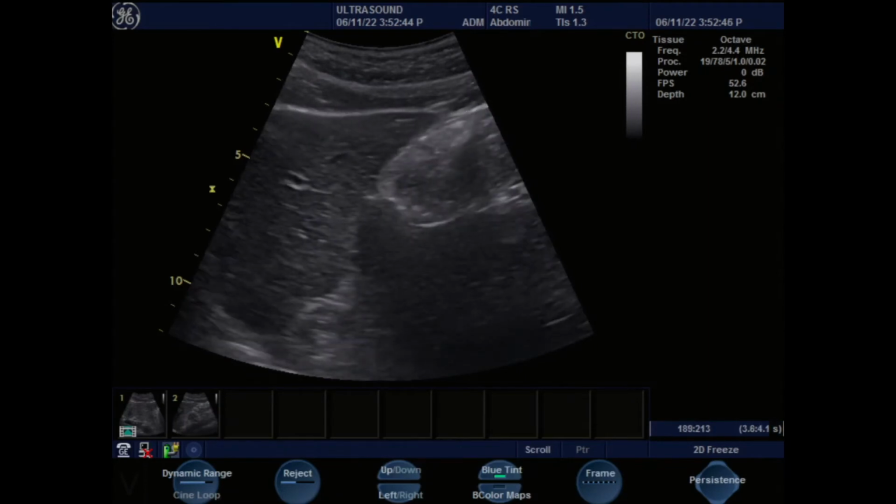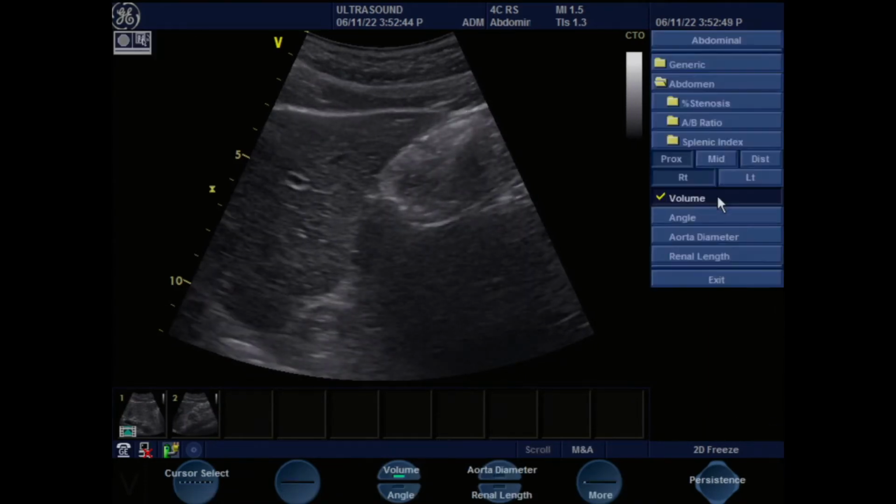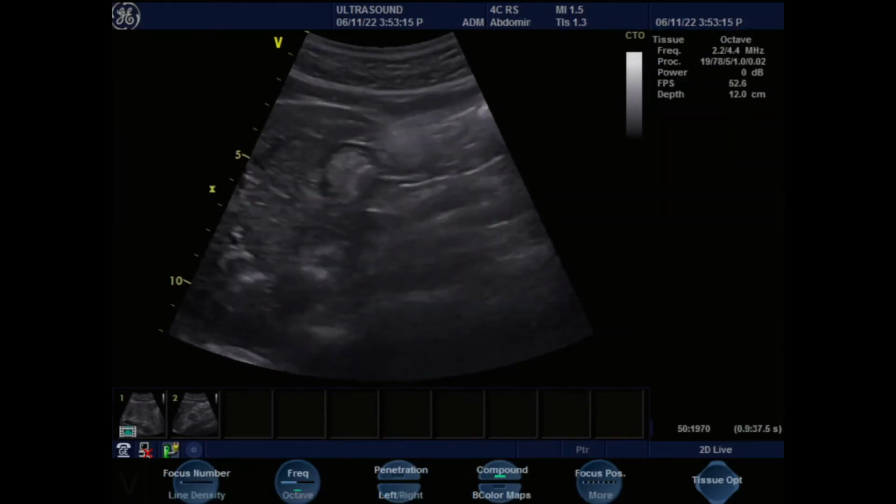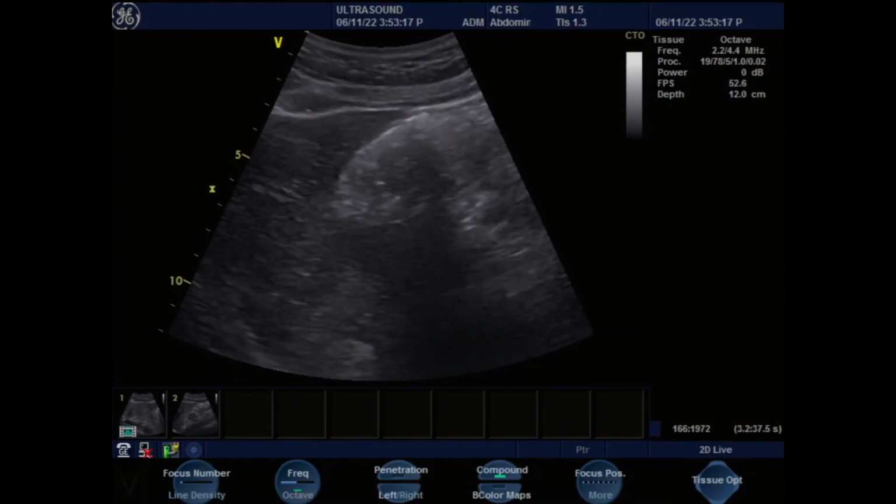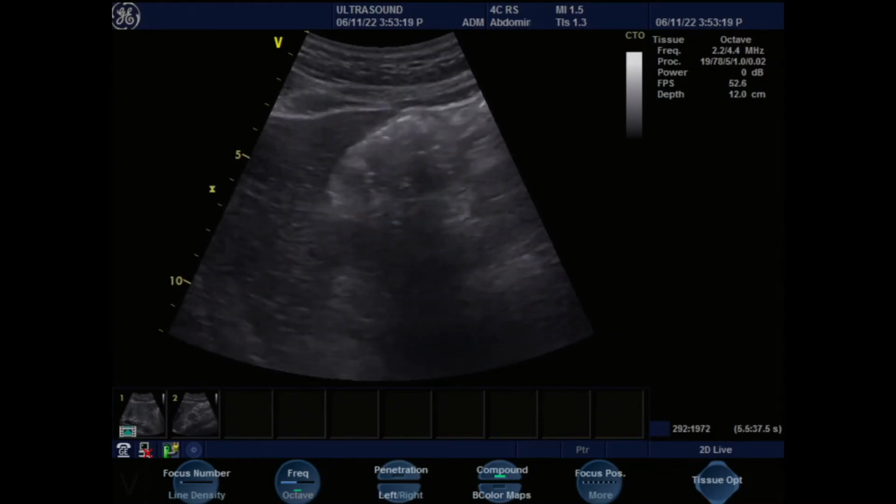This is a difficult image for people to visualize. This is the tail, because of the texture and the gas there too. And you have to realize that the pancreas is at an angle, the tail is higher than the head. So when it curves around, when you're sagittal, the tail appears different than one would expect. It appears more vertical because of the way it's coming down. So on this image,